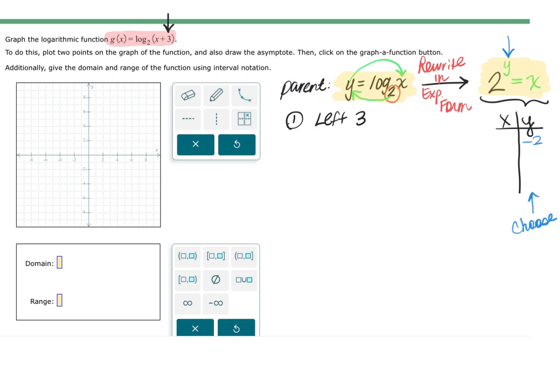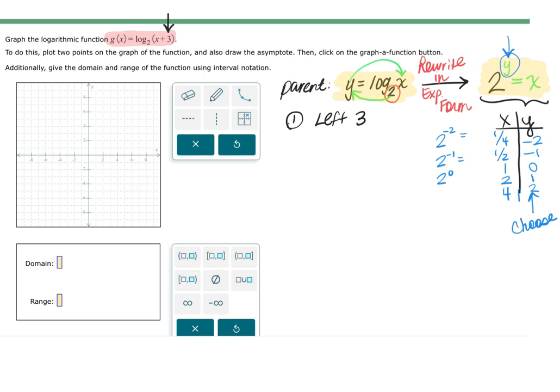And just like we normally go from -2 to 2, we're going to do the same thing here. But we're choosing y values rather than x values. Again, that's because y is the exponent. So if we take 2 to the -2 power, we know that will be 1 over 4. 2 to the negative first will be 1 divided by 2. 2 to the 0 power is 1. 2 to the first is 2. 2 to the second is 4. So this is the table of values that I am going to plot